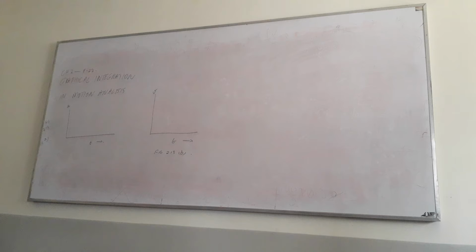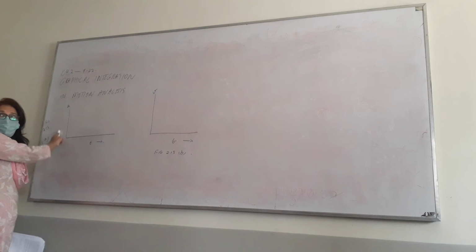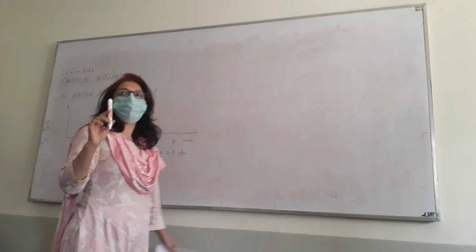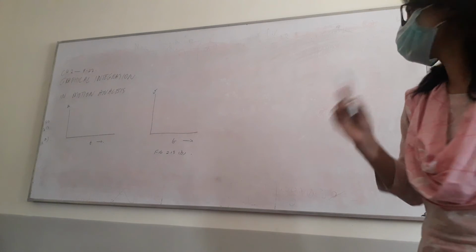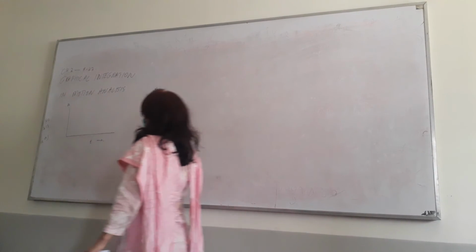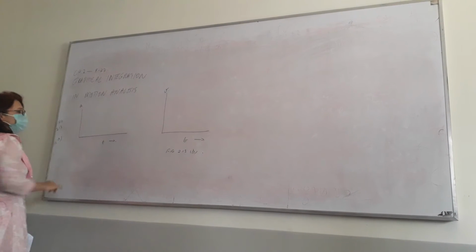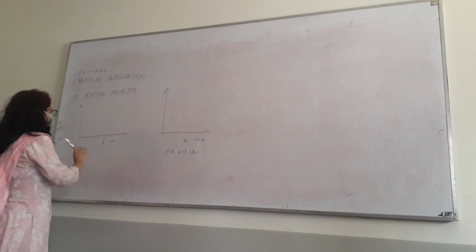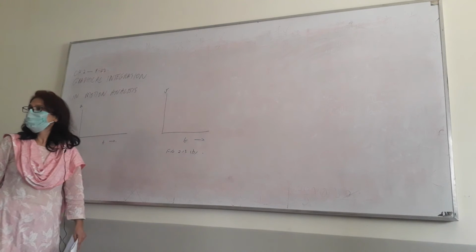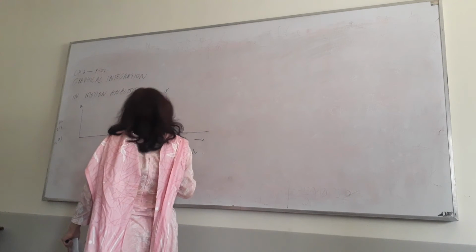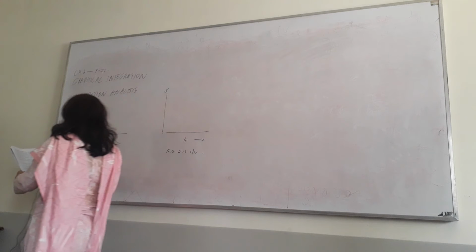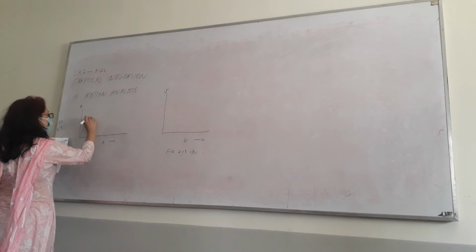We talked about graphs before also in this chapter, right? We know that motion can be represented with the help of graphs. We also know that whenever you are working with a graph, you should pay attention to what's on the x-axis and what's on the y-axis, because the meaning of the graph changes according to what is taken along the y-axis and what is taken along the x-axis. So in this case, we are talking about a graph in which acceleration is taken along the y-axis, time is taken along the x-axis, and similarly velocity here is taken along the y-axis, time is taken along the x-axis.